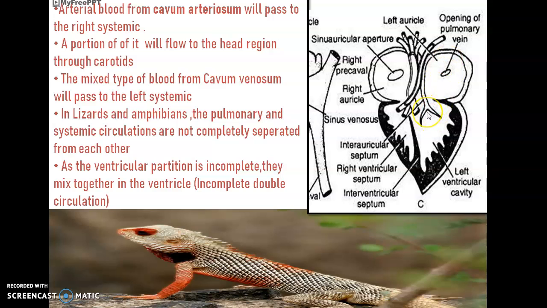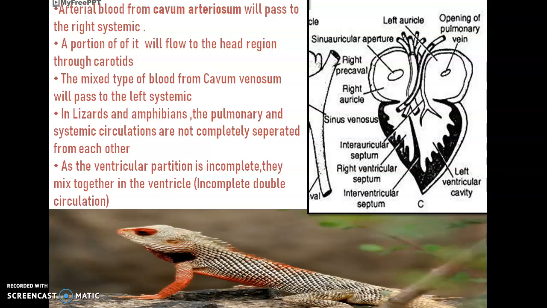Left side is mainly concerned with pumping oxygenated blood from left auricle to left ventricle. So during the contraction of this left ventricle, the oxygenated blood from this cavum arteriosum passes into the right systemic arch. We know that the right systemic arch is mainly concerned with providing oxygenated blood to the anterior part of the body, that we have seen in the arterial system, right? So the oxygenated blood from this cavum arteriosum moves into the right systemic arch